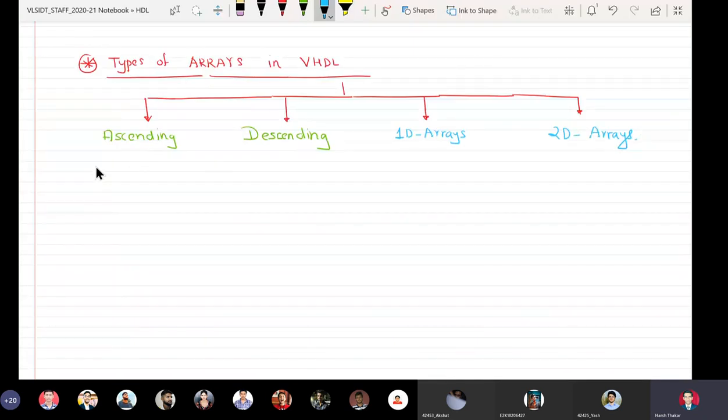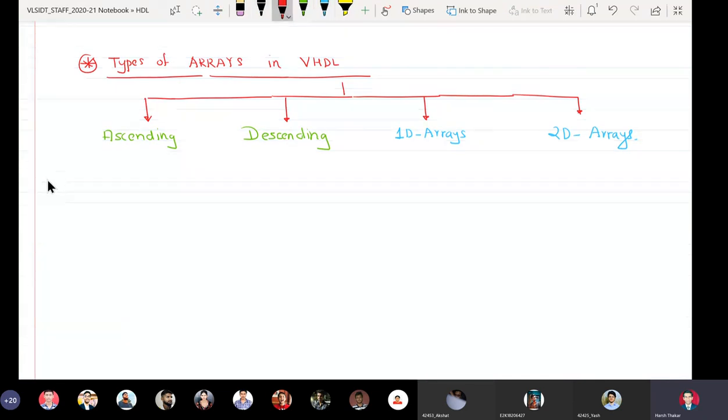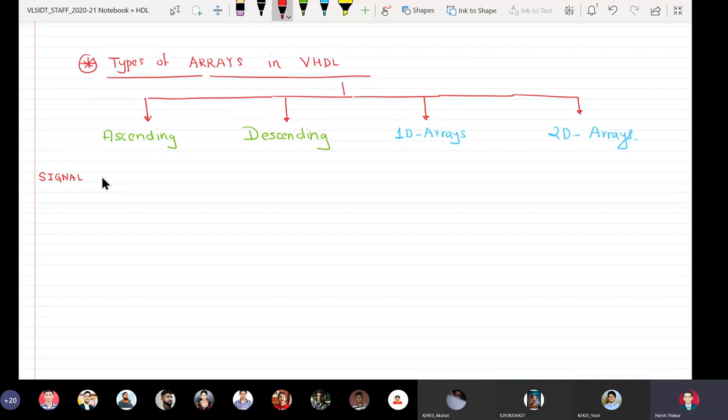So what are ascending arrays? If I define a signal, I will say signal P, std_logic_vector, which is an example of an ascending array, and here I can put values x to y.